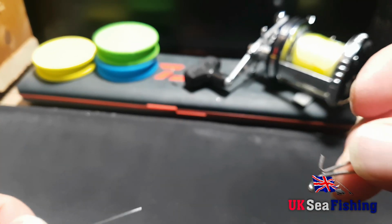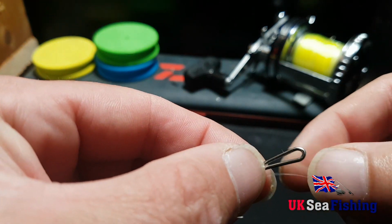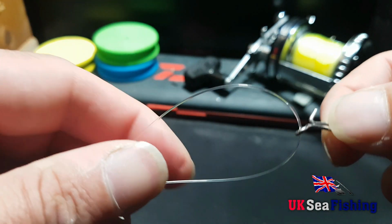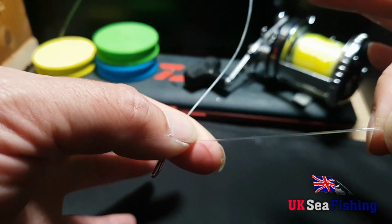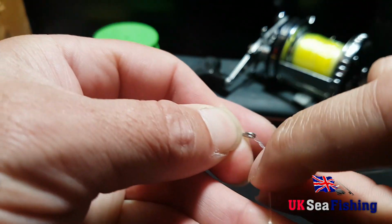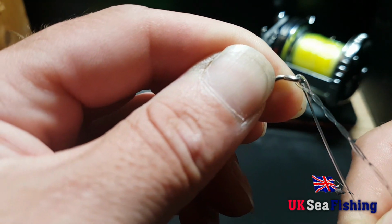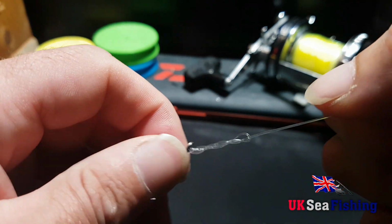And to finish the rig body off, you want your Gemini clip, rig clip, or any sort of weight clip at the bottom. Anything that's got a point where you can clip your bottom hook down on. So again, the same knot, half blood knot. So pull the line through, 4 wraps round, through the loop you've made, straighten that up a bit,